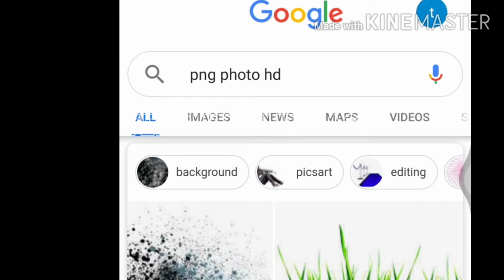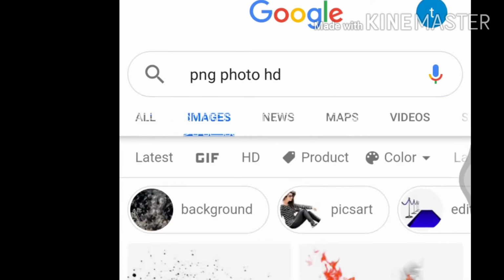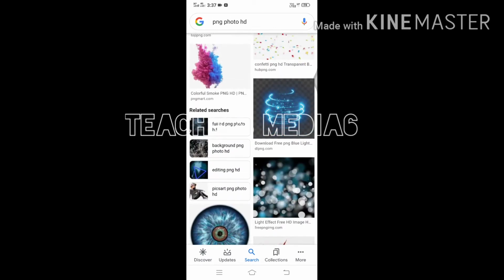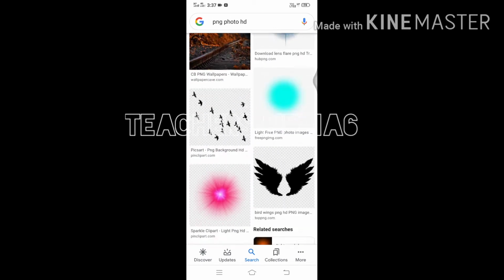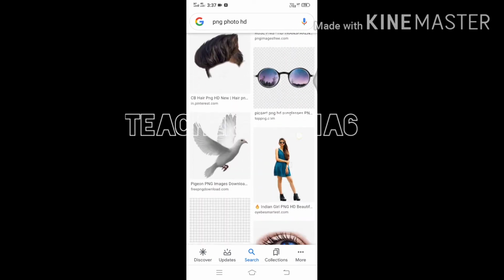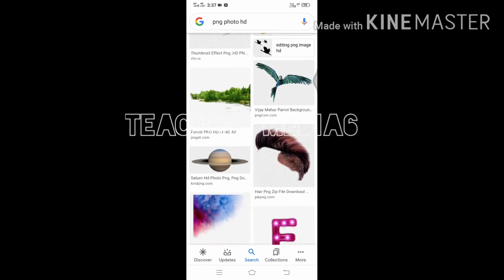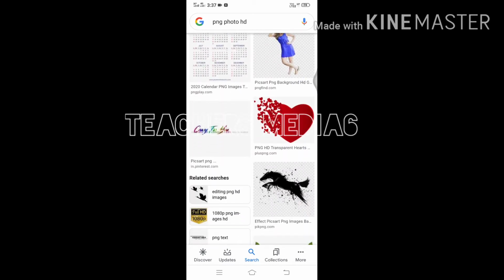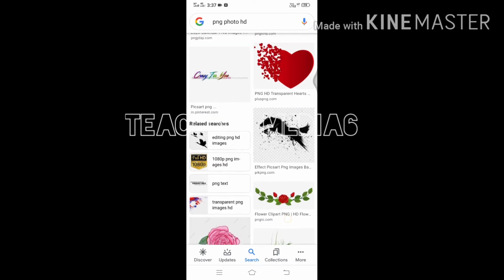You select images, and a lot of PNG images will come according to your requirement and choice. You select any image of your choice, and I'm selecting this one image here.